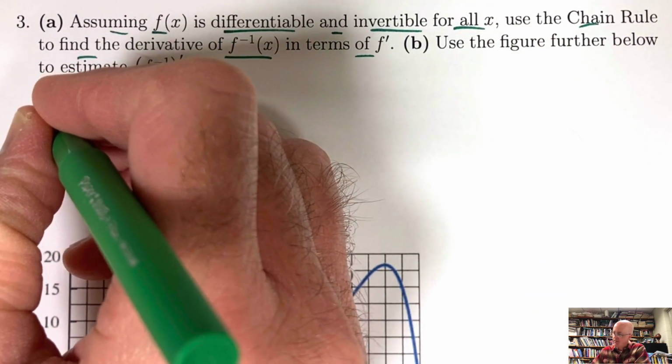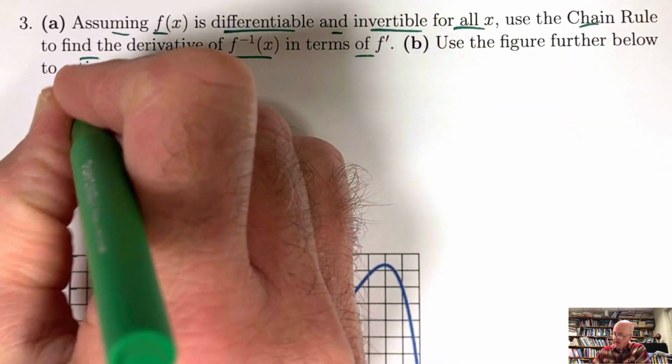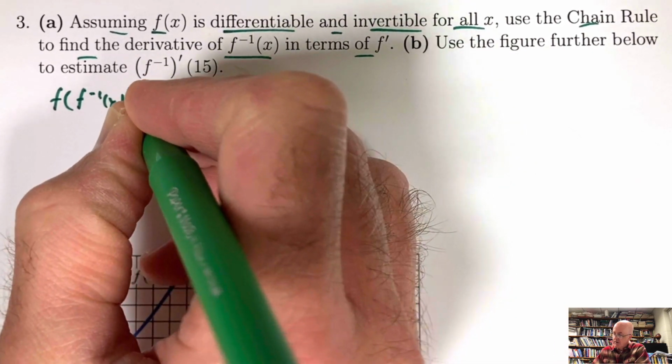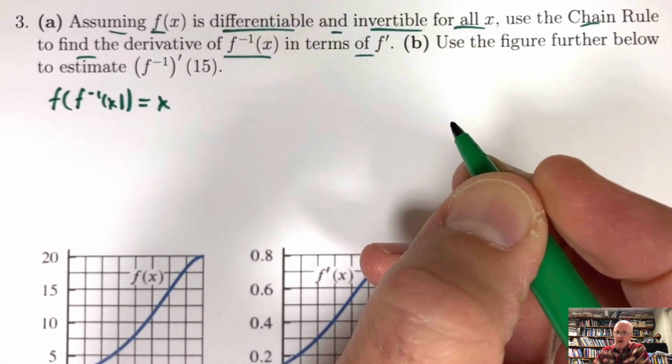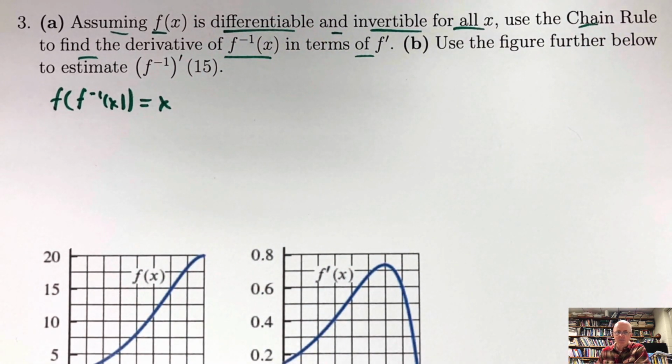Mimic what we did in problem number 1, except we're doing it abstractly. We know f of f inverse of x will equal x for all x in the domain of f inverse of x. Now, does f having a domain that is all x mean f inverse has a domain that's all x? Not necessarily, actually. In fact, if f of x were arctangent, inverse tangent of x,